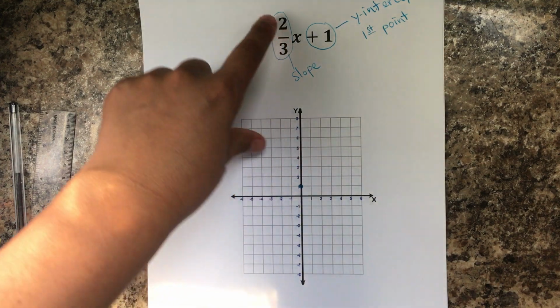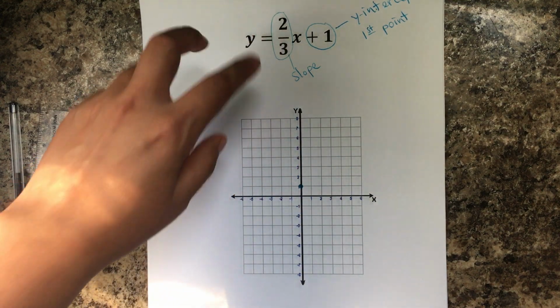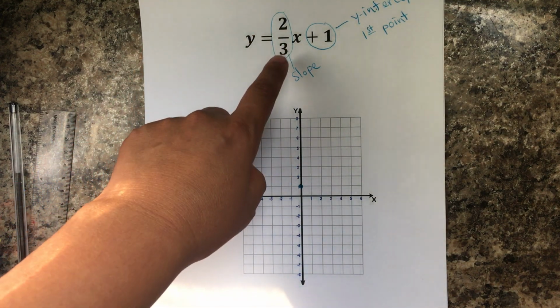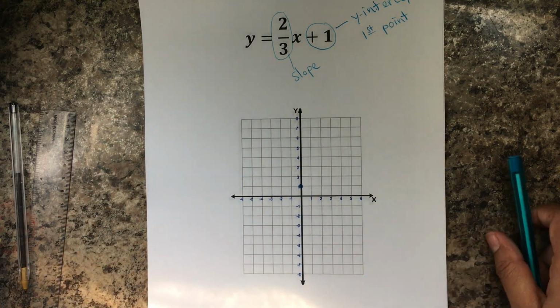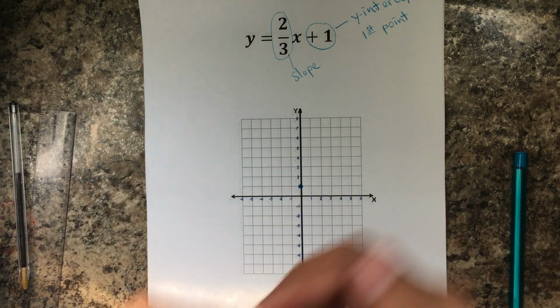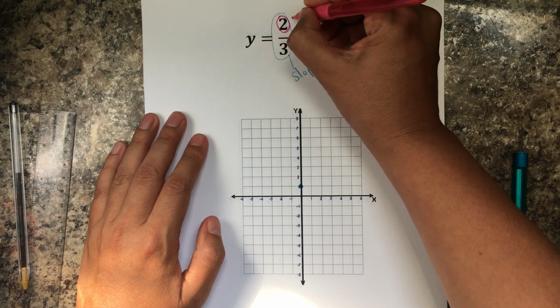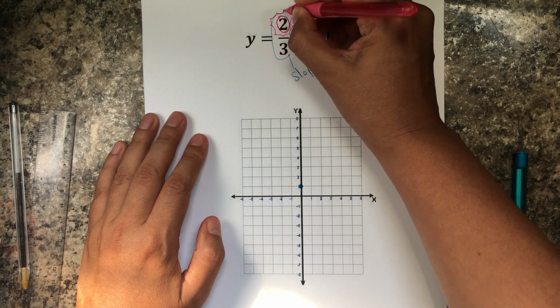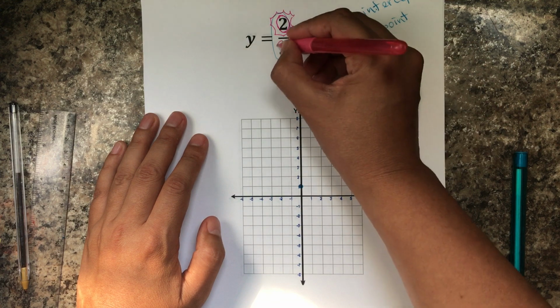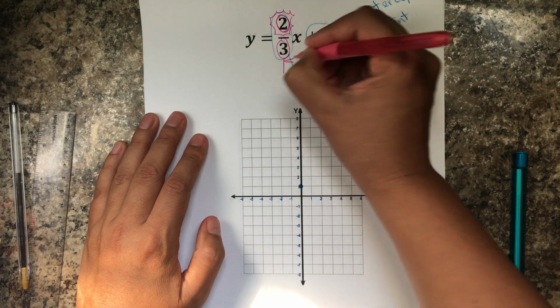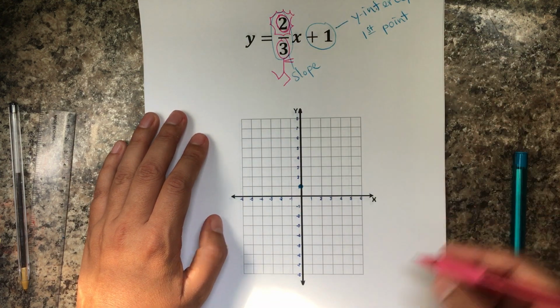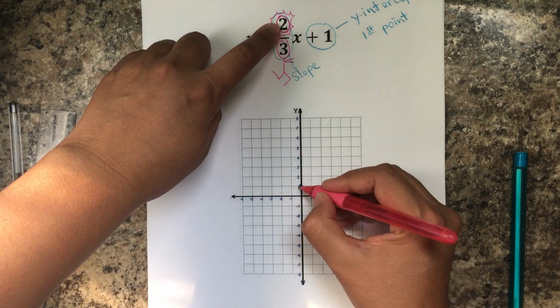Then you're going to get to a second point using the slope. And how? Remember that I told you about the sun and the runner? This is the sun. It goes up or down depending on the sign. And this, since it's positive, it's going to go to the right. Okay? So positive 2